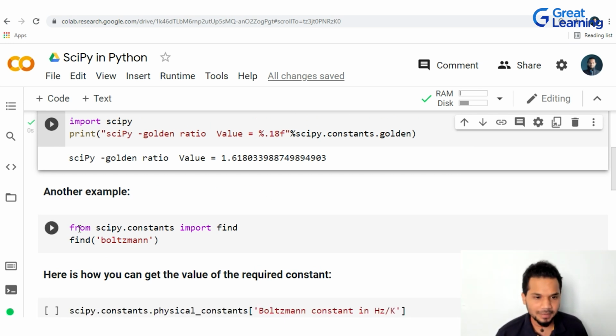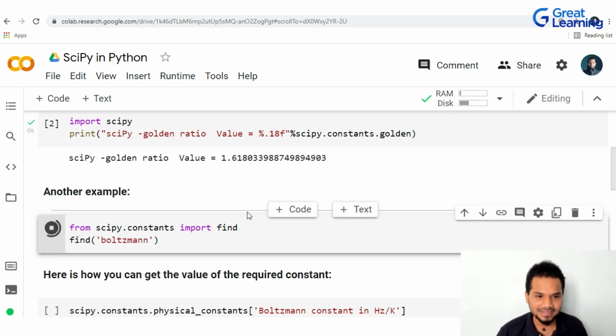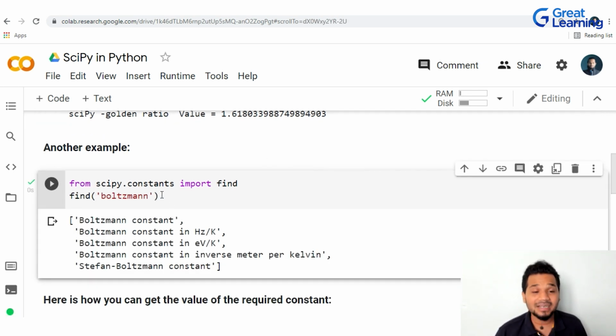Now for all you physics buffs out there who are saying, hey, show me a physics example, well, guess what? The Boltzmann constant that we just discussed, look at this. It's just one line. And this command, find, is basically telling us what all it has, anything which has the name Boltzmann in it. As you can see, you have the Boltzmann constant in multiple SI units out here. SI units are something you would remember, right? Whenever we talk about temperature, it's degrees Celsius. Whenever you say eV, I think it's electron volts, and K stands for Kelvin. Hertz is a measure of frequency and all of that, right?